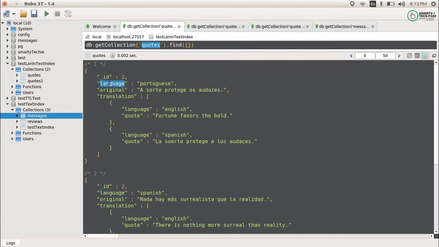When you are using the language at the embedded document, it will override the language specified at the root level, because you are creating an index on this internal key, that is, the internal embedded document. Here the language is Portuguese, but when you create an index on code, it will see the language of this one only, not that one. But if you are creating an index on original, it will not take care of that, but it will take care of this root language keyword. So this is how you can specify the language in the document itself.